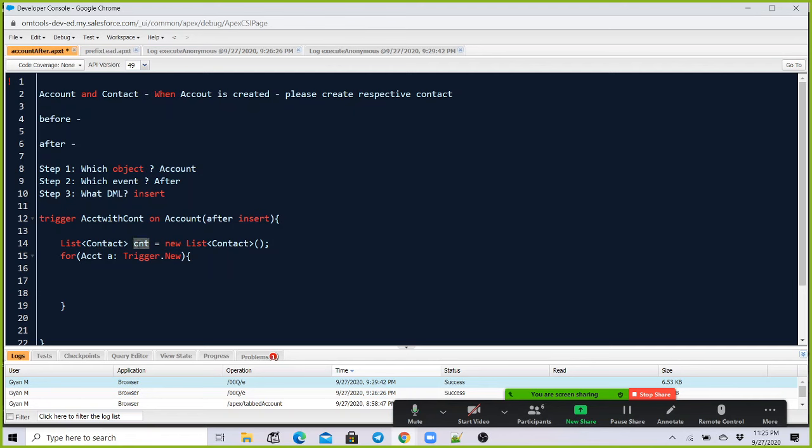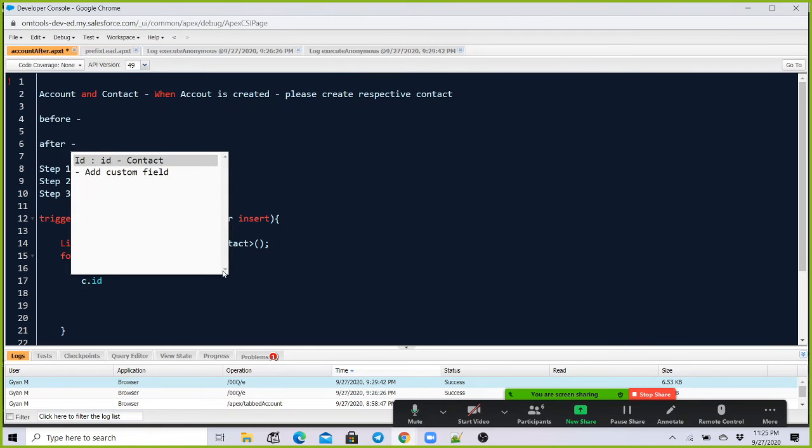Here, to create records of contact, first we need to create an object so that we can save the record. So here, contact, you can give c equals new contact. What we have done here is create an object variable c where we will be adding our data, and then add this object to the list, this contact list. So the next will be